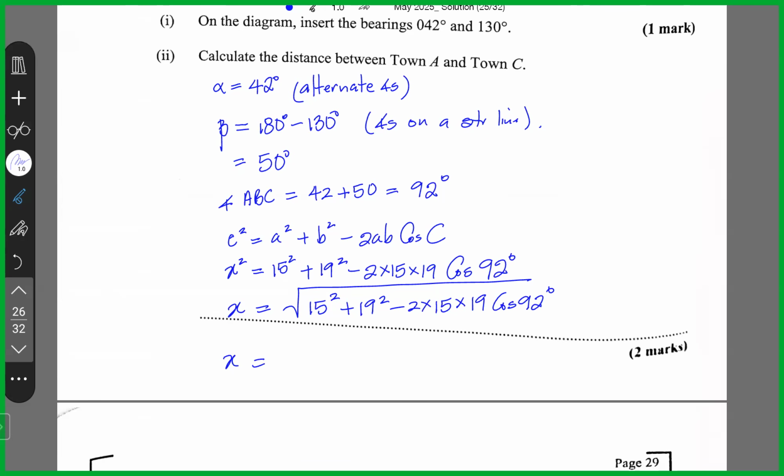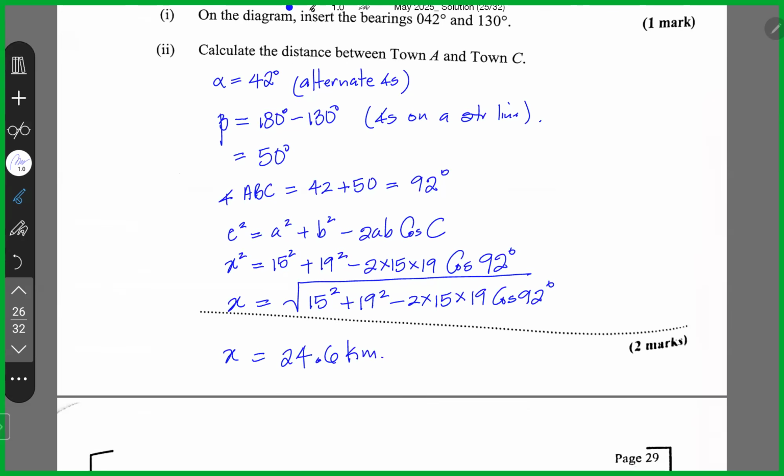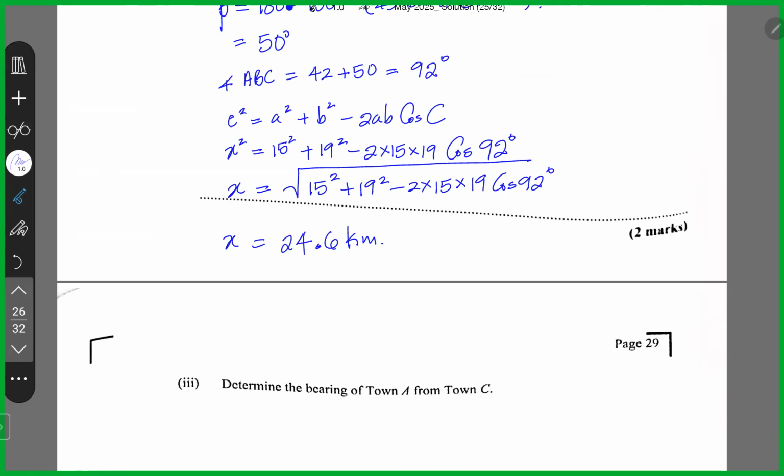And what I am getting is 24.6 kilometers. The distance between towns A and C is